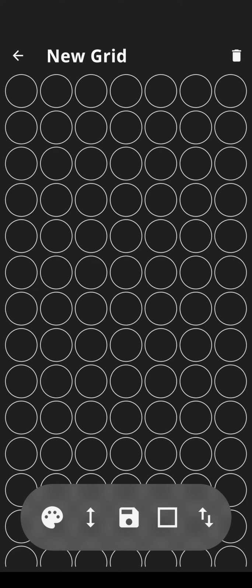So let's make a new grid. My kids actually really enjoy just the sound of the pop and playing with it to create artwork. It can also be used for simple mathematics. So say we've got